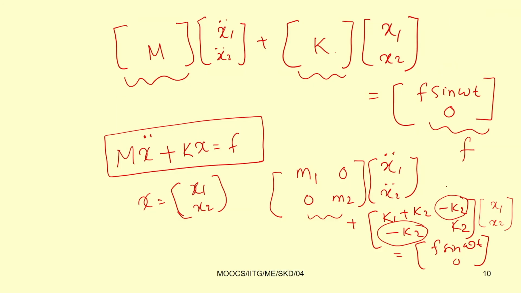In the linear case, the modal analysis method is used to uncouple this equation of motion. If it is linear, then we may apply the modal analysis method. So, what is modal analysis method? We can write this equation, for example, as m x double dot plus k x equal to 0, taking the case of free vibration, or if it is forced vibration, then it will be f.